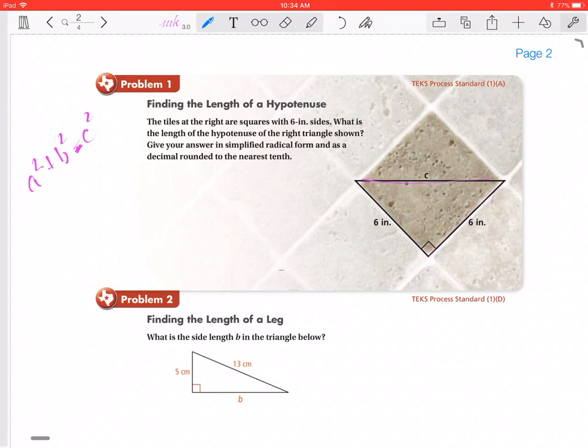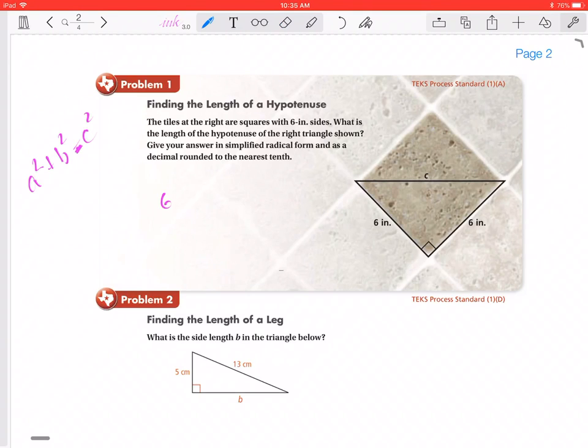So I know that these two values here, these 6 inches, are my legs, okay? And in reality, I can label either one as A or B. I could label this A and that B, or I could label this one B and this one A. It really doesn't matter. Either way is acceptable. All right. Now,